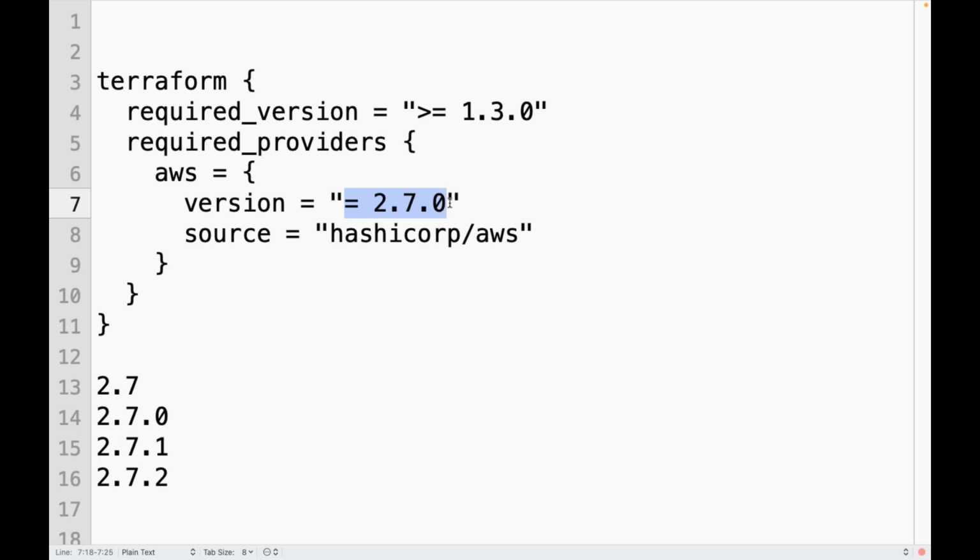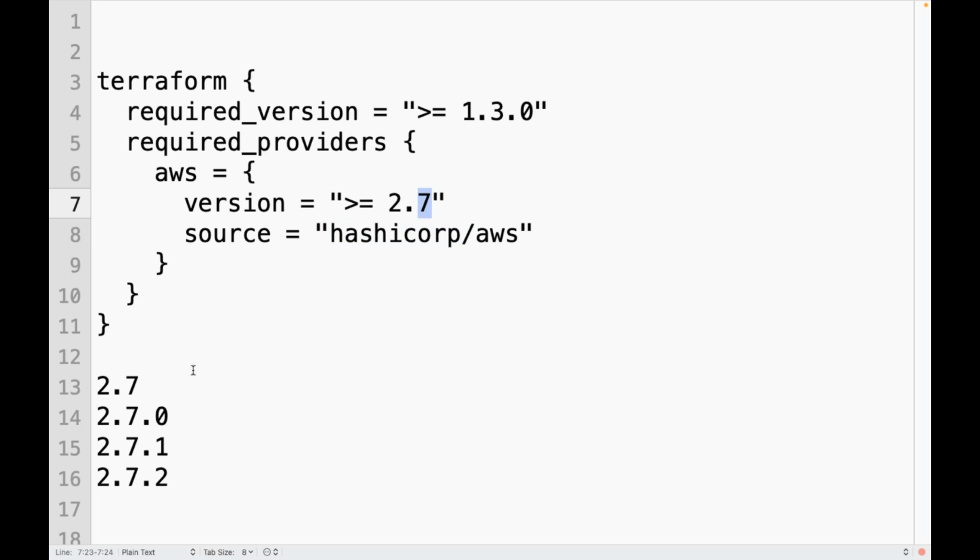No. If you say something like this, it can download this one or any later versions also. Greater than or equals to, guys, nothing complicated here. If you need to download a specific version, mention something like this, 2.7, or it can be greater than or equals to. Suppose AWS has released a new version of the provider.